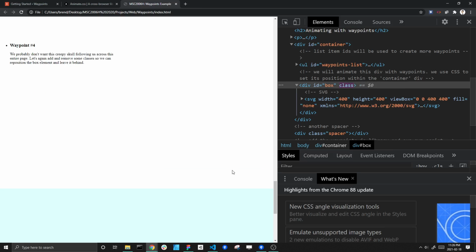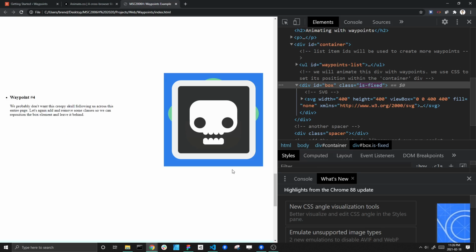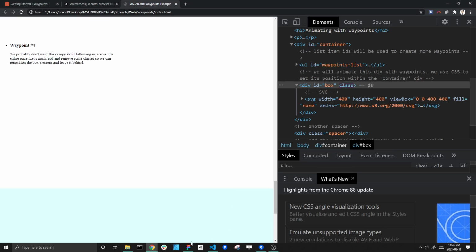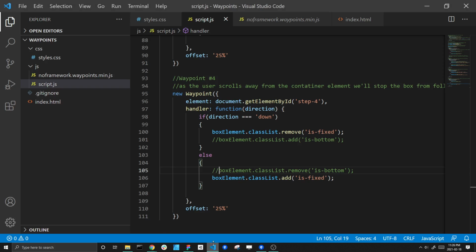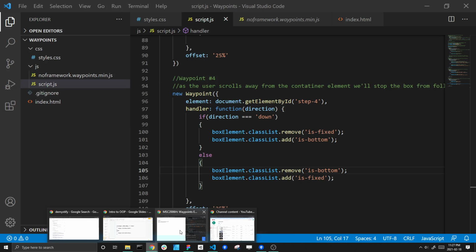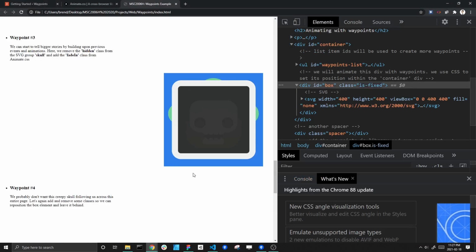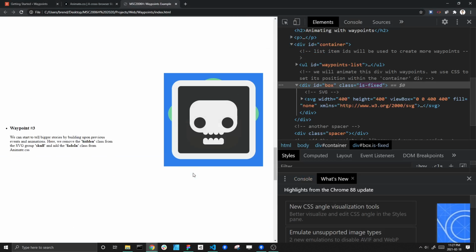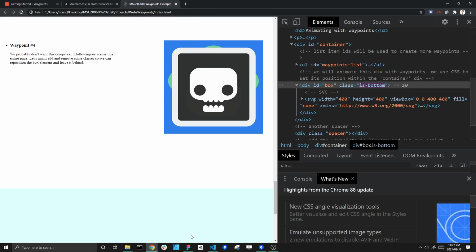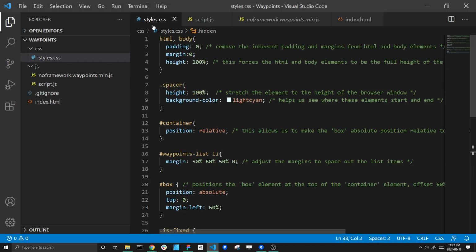So that's why we actually need to not just undo the classes that we added, we need to actually create a new class to reposition it in a new spot. This is a little bit trickier to get just right, but if I were to refresh this, you can see it's now in the right spot. A lot of this took a bit of manual tweaking. There's other ways to get that down right, but if I go back to my